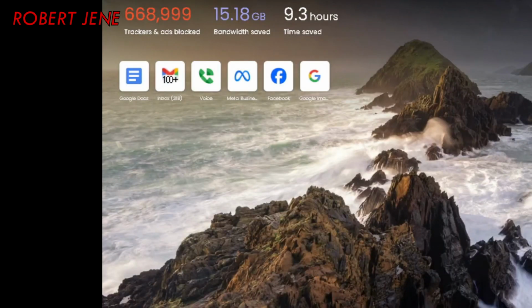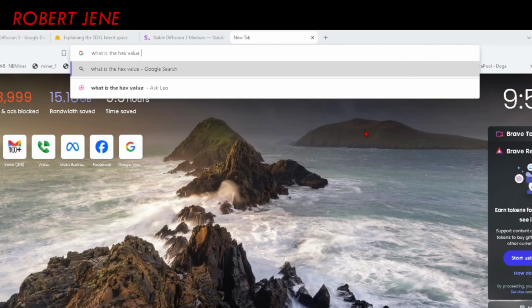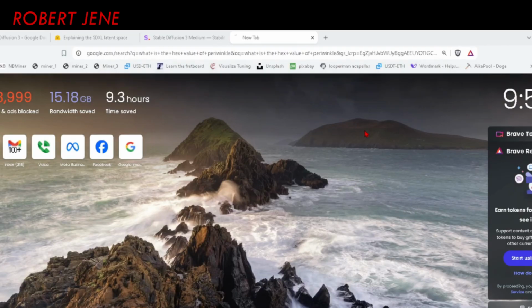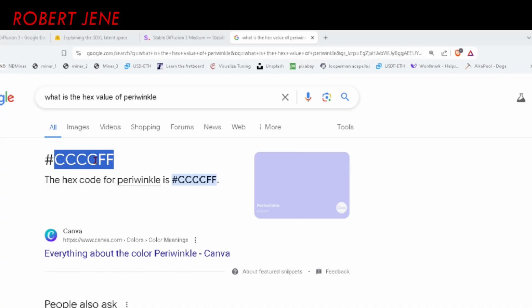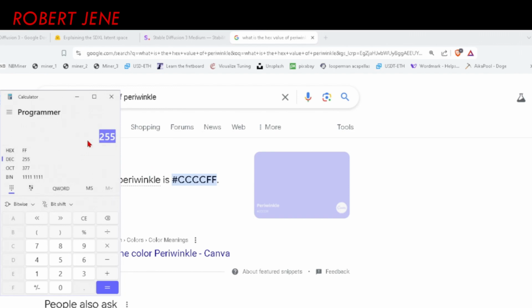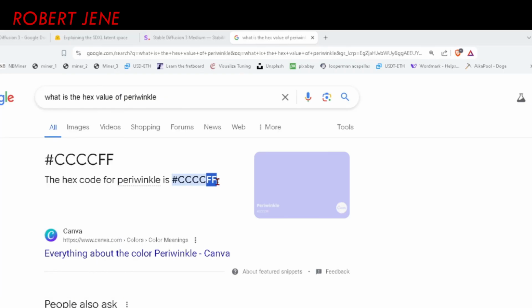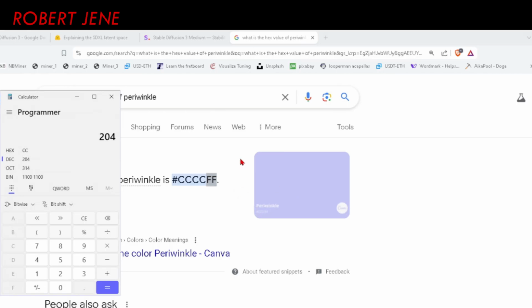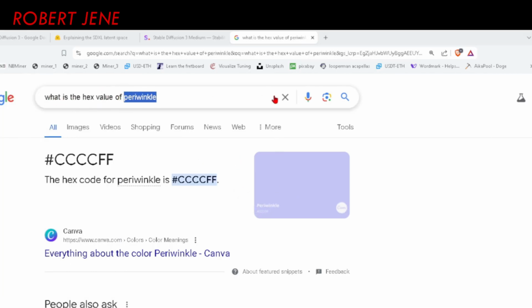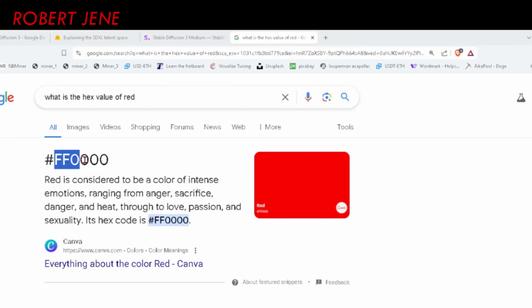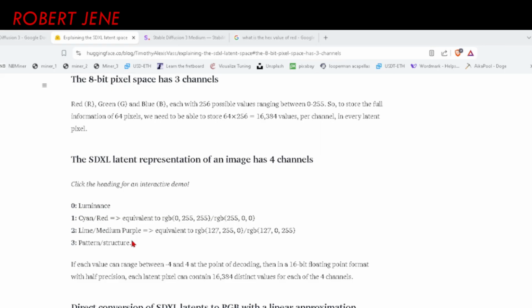If I look, let's say, what is the hex value of periwinkle? And that's a color. It's CCCCFF. That's RGB. So it's got, let's check this out. Put it on hex. Copy paste the CC in there and hit decimal. So looking at this, we've got 204 for red, 204 green, and 255 of blue. And that's how you get that shade. If I say what is hex value of just red, it's going to be FF0000. Get it? They explain it the same way here with